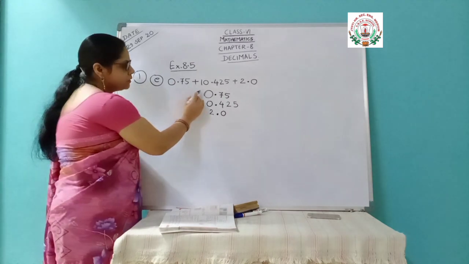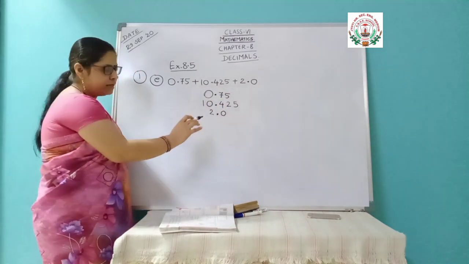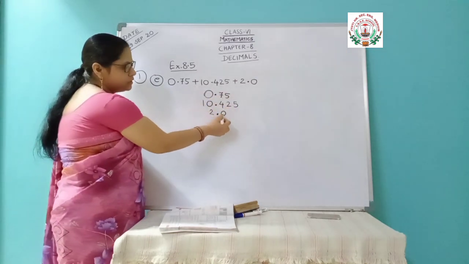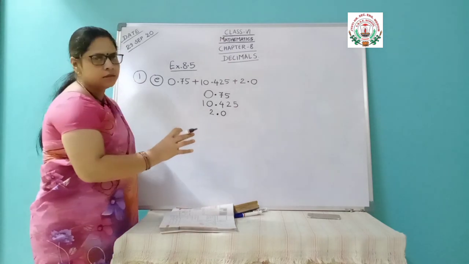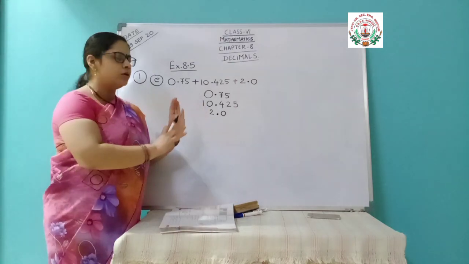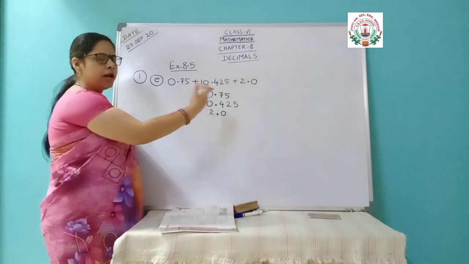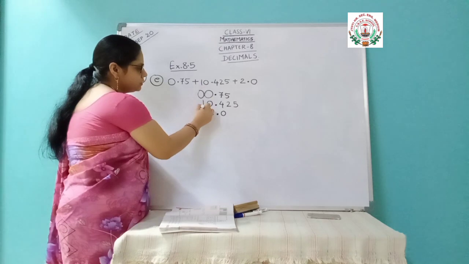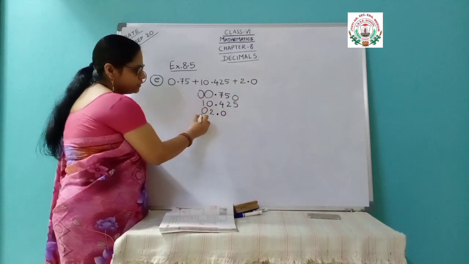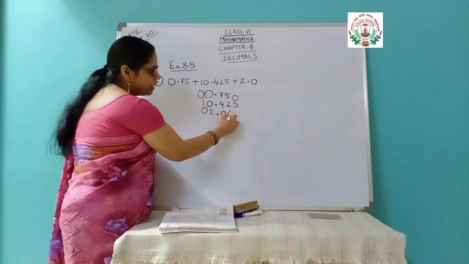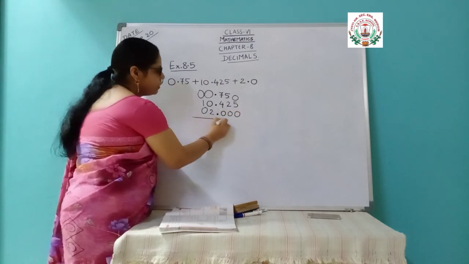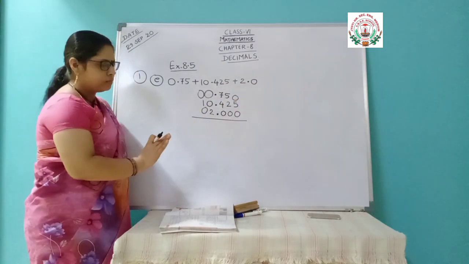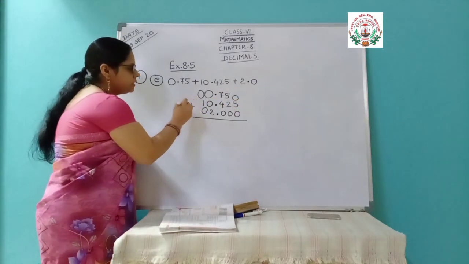But you can see here some spaces are not filled completely. Means here only single digit, 2 digit, single digit, 2 digit, 3 digit, 1 digit. So we can just make the digits equal on all the sides. Means on the whole number part and in the decimal part. So these blank spaces you can fill with the zeros. Here now 2 digit, 2 digit, 2 digit. Here 3 digit, 3 digit, and now this became 3 digits. Now all the whole number parts are equal and the decimal parts are equal. Now you can go for addition.